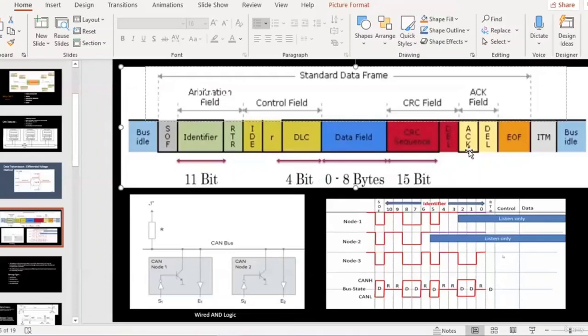That is when it understands the frame is successfully transmitted. Even if only one node gives a signal of successful reception, the transmission is considered successful.